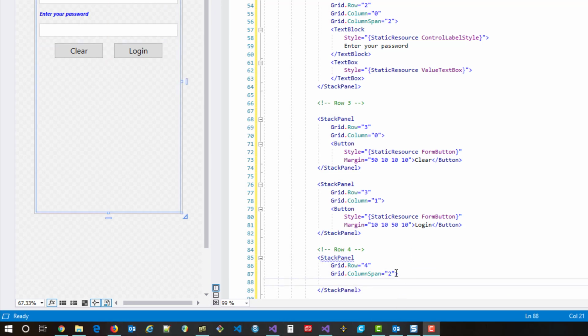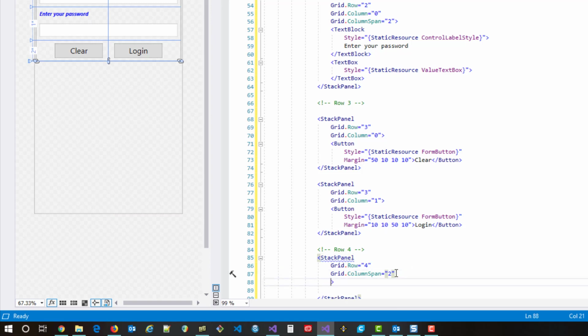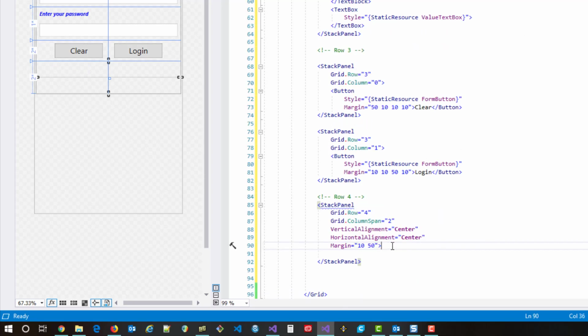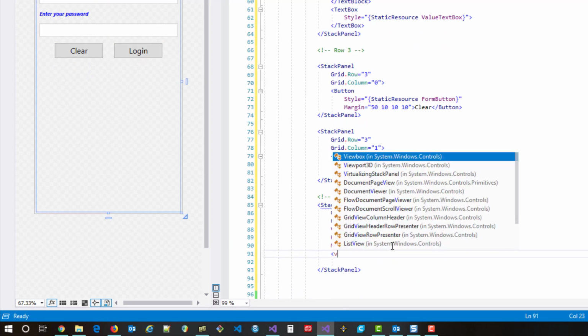But I'm going to apply some more styling to this stack panel, and what I'm going to do is vertical alignment equals center, horizontal alignment equals center, and I'm going to say I want a margin inside the stack panel itself of 10 and then 50 top and bottom, and I think that's about as much as I want to do for that. And then I can put my button inside here,